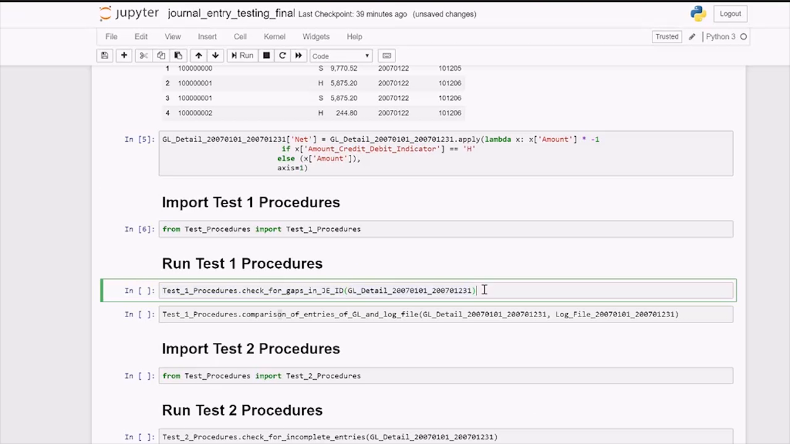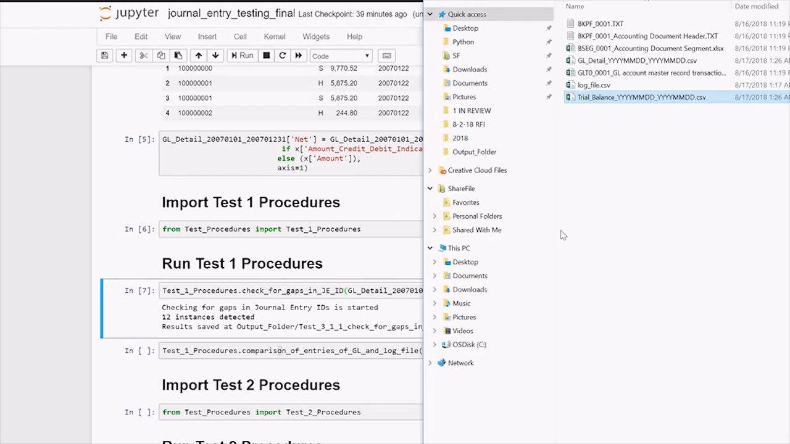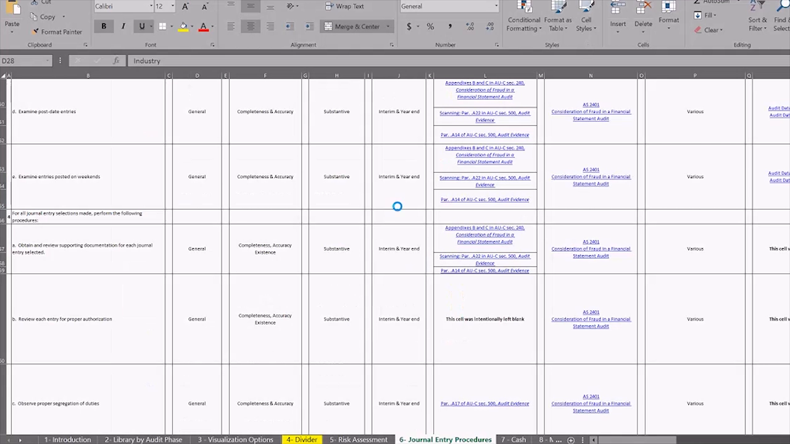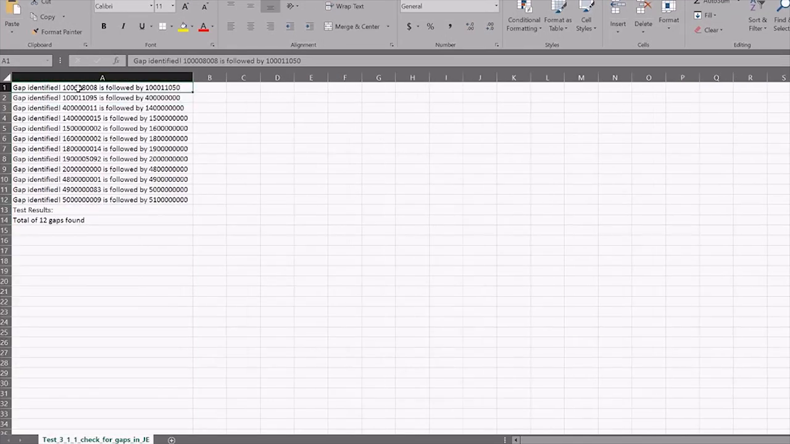So on this one, we're checking for gaps in the journal entry ID, and you can see 12 instances were detected, and we saved the results to a CSV file. So let's take a look at what those results look like. And looks like, sure enough, we have gaps identified. The journal entry number of this guy is followed by this guy, but there should have been a few in the middle potentially, so at least we can investigate further,